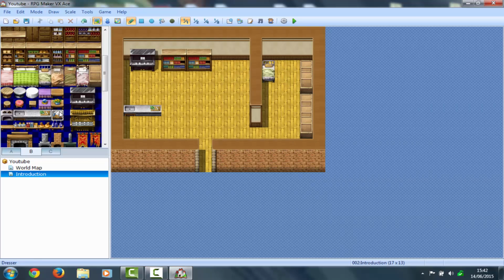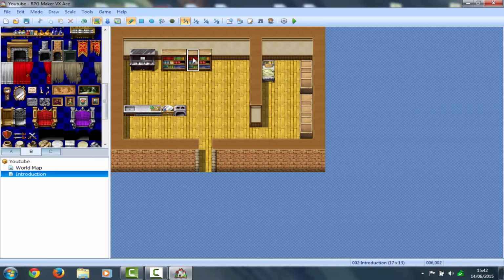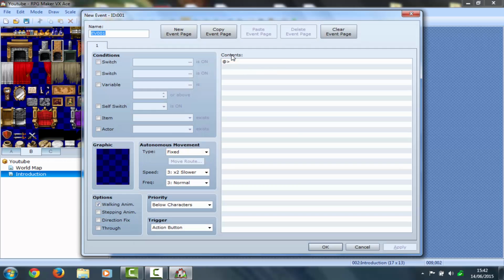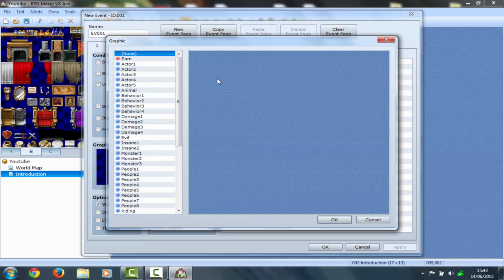This is just me quickly rushing through and creating a little tiny introduction. So that is that. We have created a tiny little house, and we'll add a fireplace as well. Bam. So what we're going to do is for the scenic, we're going to go to graphic, go down to our